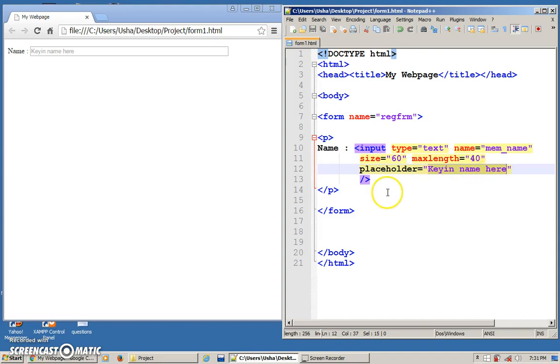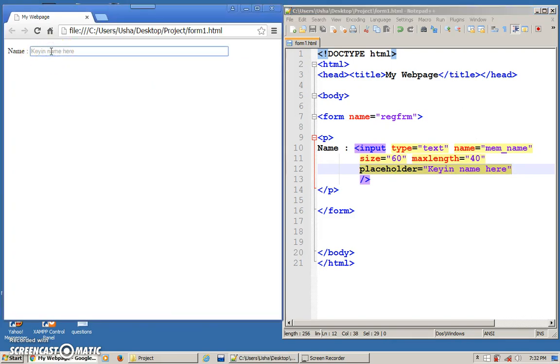Okay, so that are the 5 types of properties that you can put inside your input tag. Okay, and by the way, whenever you have a placeholder, even though you can see the hint here, the clue here, once you put in your cursor and once you start typing, it will be gone. Once you remove, it will be visible again. So that is just a hint for the user. This is a text box.